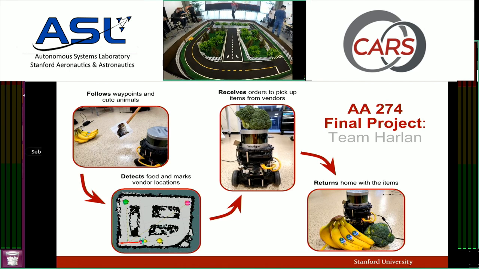How are we doing, guys? Perfect. And as the rest of the team sets up their robot and connects to the network, SSH is in,